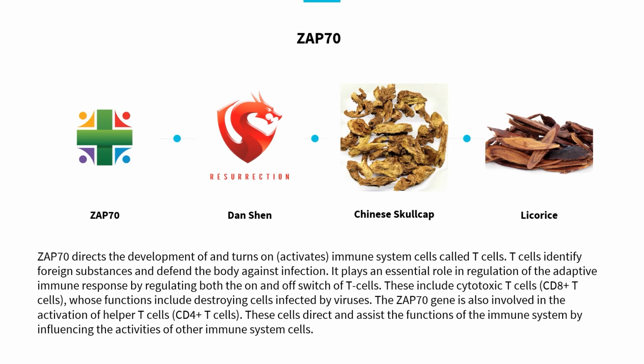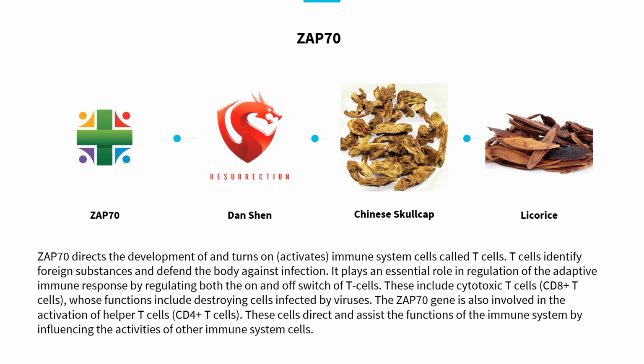of T cells. These include cytotoxic T cells, which are the CD8 plus T cells, whose functions include destroying cells infected by viruses. According to the research, the ZAP70 gene is also involved in the activation of helper T cells, CD4 plus T cells. These cells direct and assist the function of the immune system by influencing the activities of